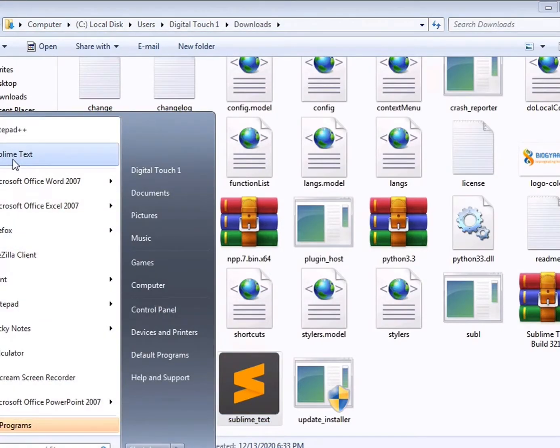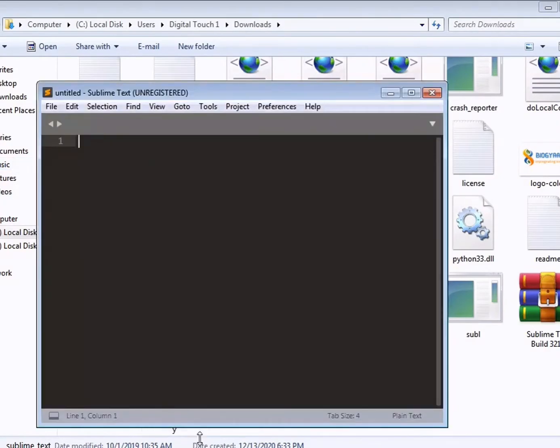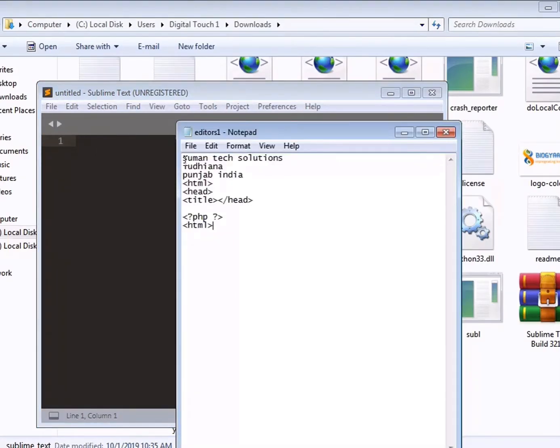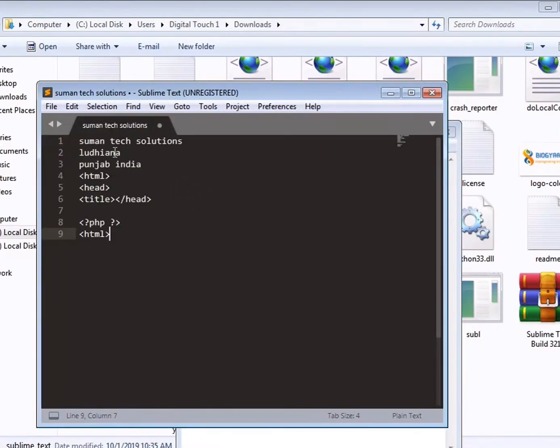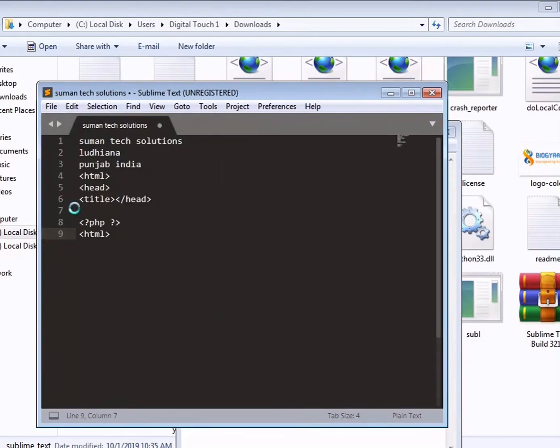So now we are going to work on Sublime Text. We will write our tags here. We will save the file first, because without saving it, it would not define any changes in this file.